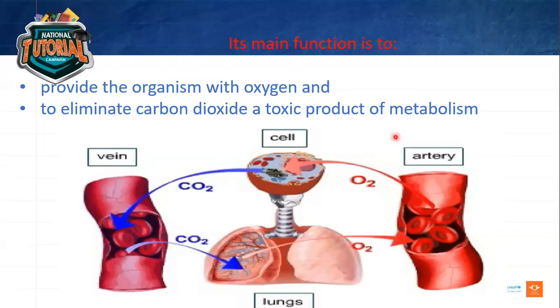Remember when we learned about cellular respiration, your body will be breaking down sugars with the assistance of oxygen. And during that process, one of the byproducts would be carbon dioxide, as well as water and energy. So carbon dioxide is the toxic product from that whole reaction, which will need to be